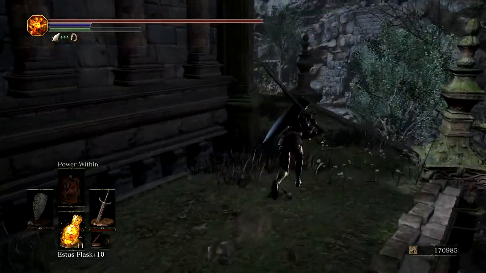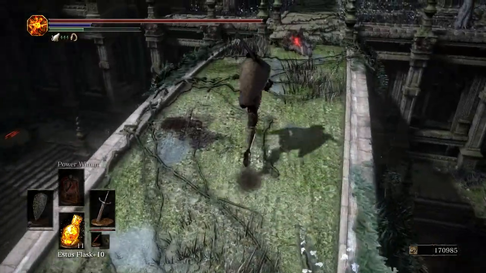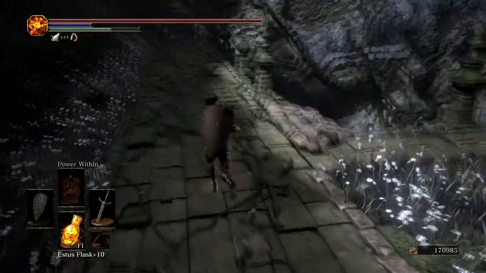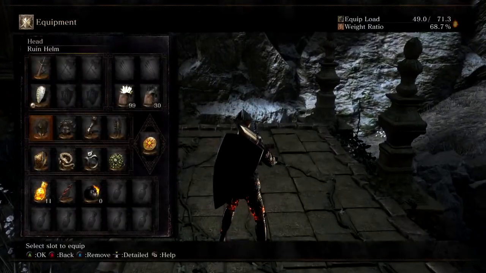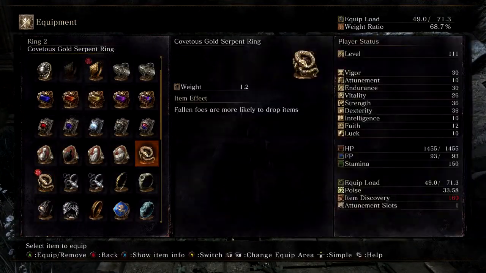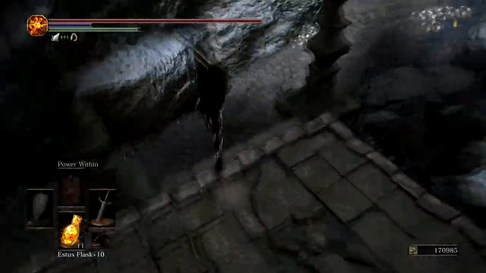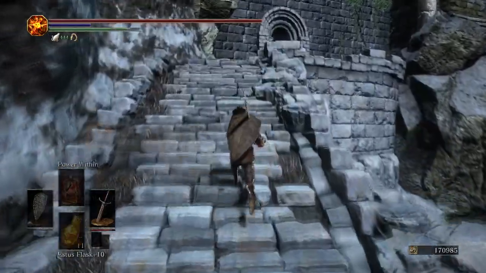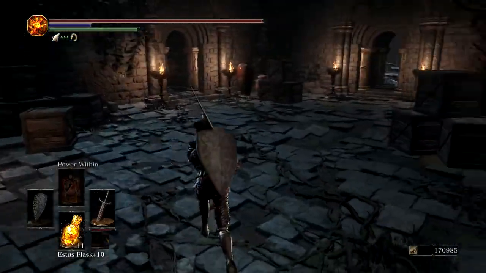I'm not really in a particular hurry to get through this DLC, as it is going to be the end of this series. And it's been going for quite a while, so I'm kind of loath to see it go. Anyways, the Gold Serpent plus 3, 110 to 225, whatever. Anyways, it's good. It's kind of funny, all these plus 3 rings make it kind of pointless to go to, you know, higher difficulties, but...